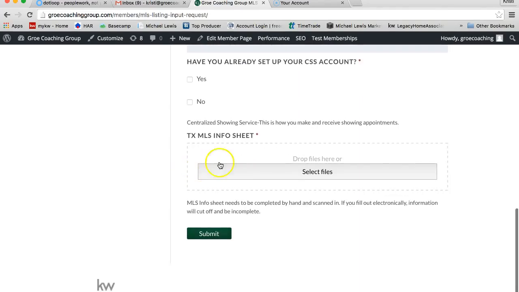And then right here is where you will upload the MLS info sheet. So this is a sheet that will show the transaction coordinating team all the information to put into the MLS. And to show you where you can find that form, you're just going to go to dotloop,